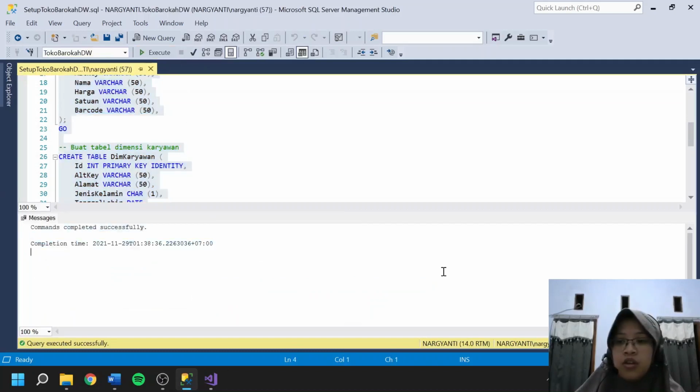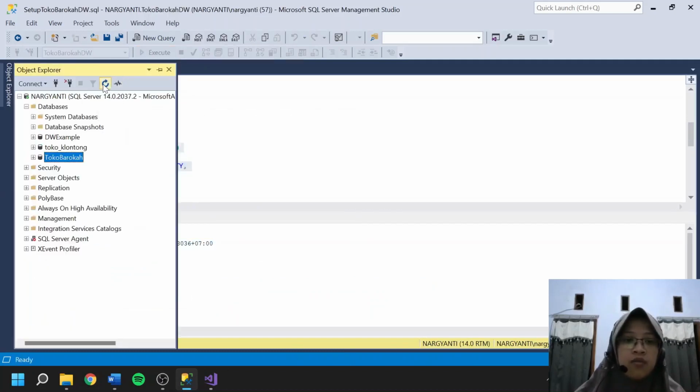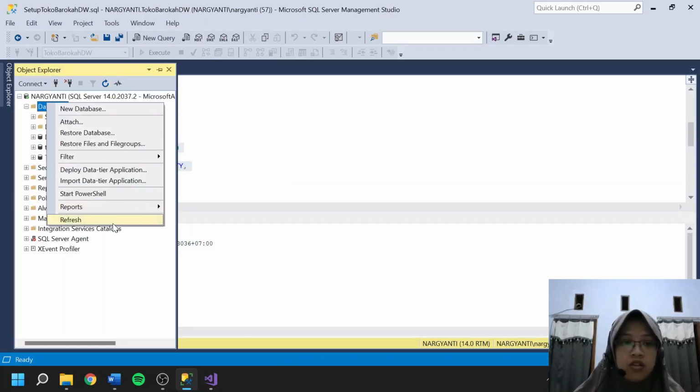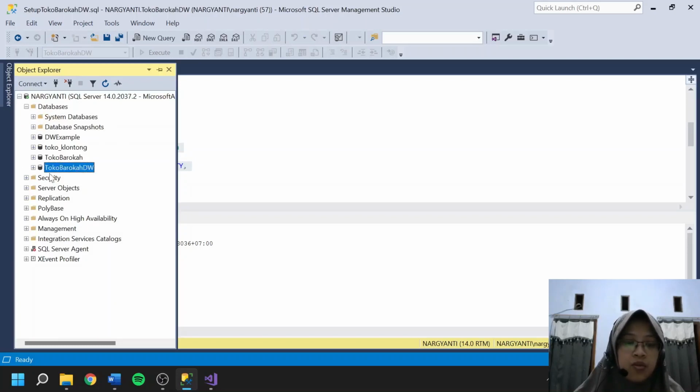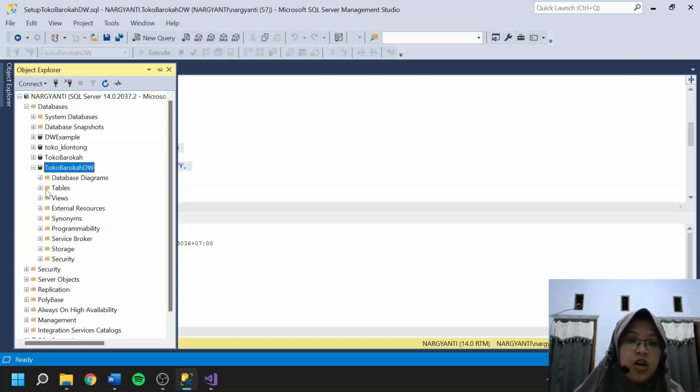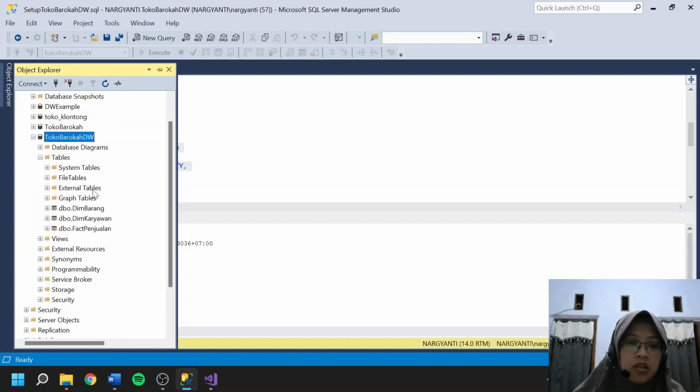Okay, successfully, and then we have to refresh this. Okay, wait, like this. So there are Toko Barokah and Toko Barokah data warehouse, which has dim barang, dim karyawan and fact penjualan.